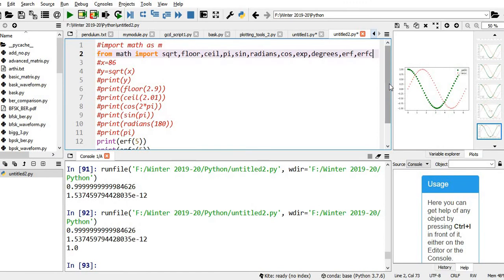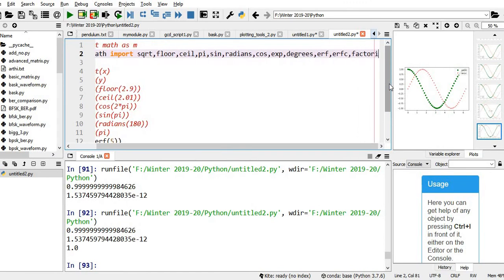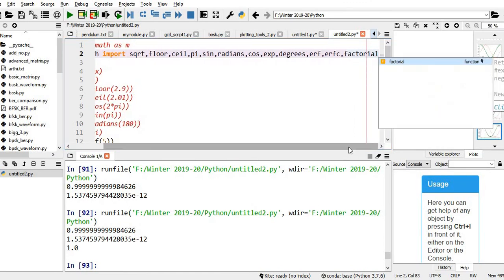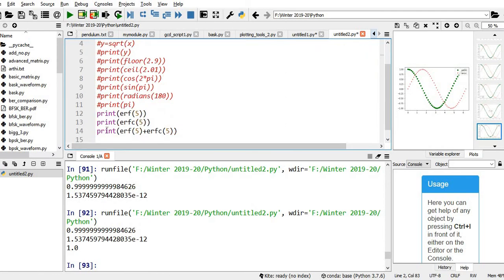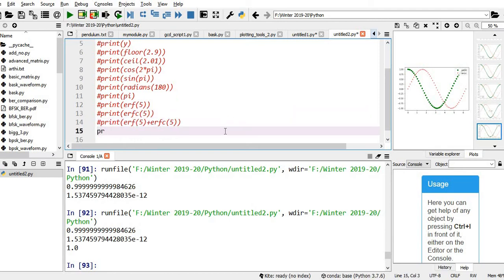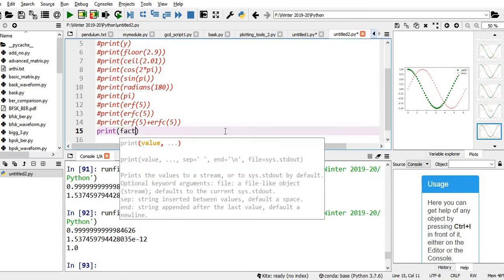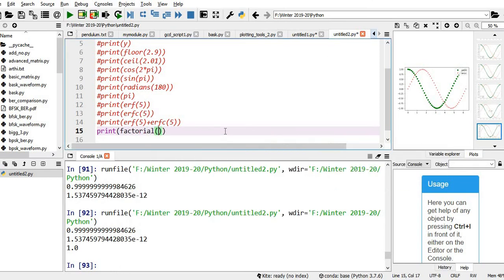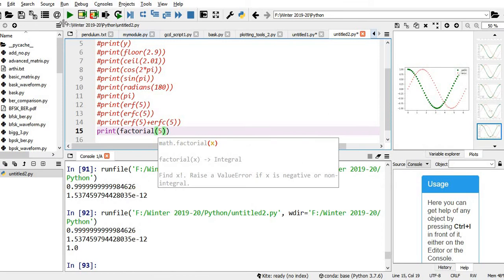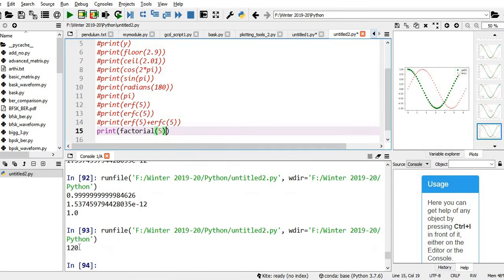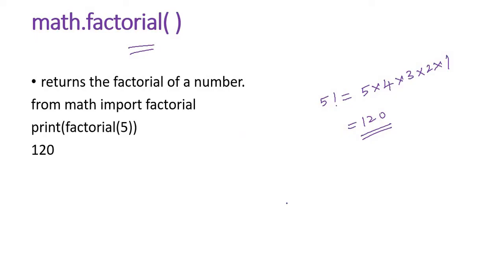Let me import factorial. So print factorial of 5. You can see it is giving 120.